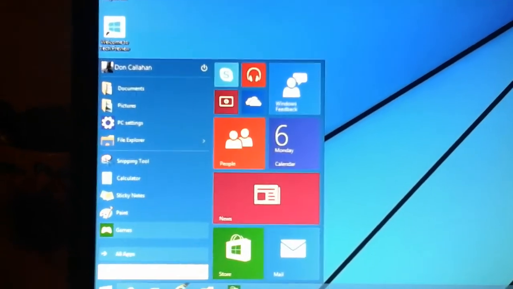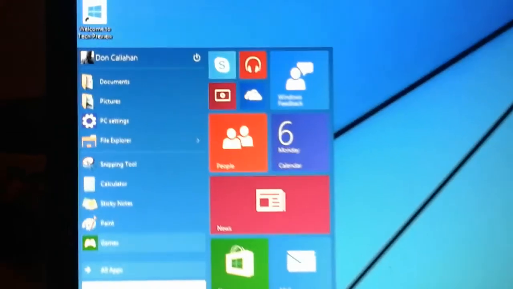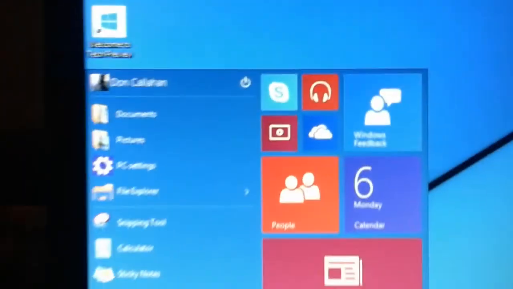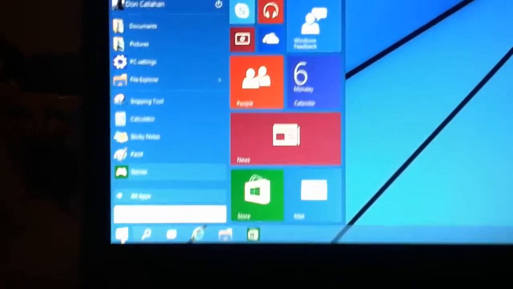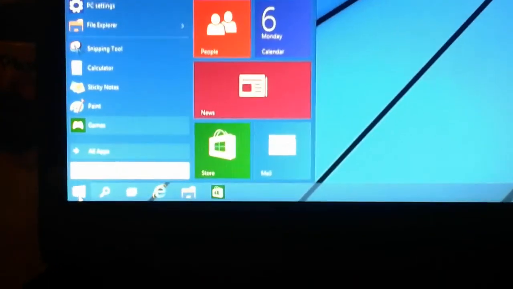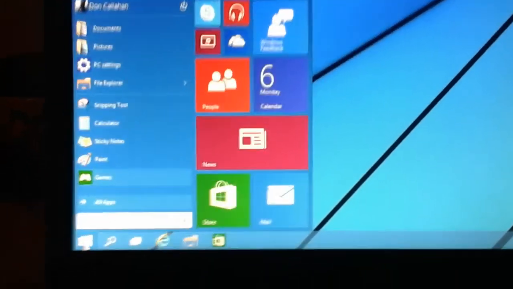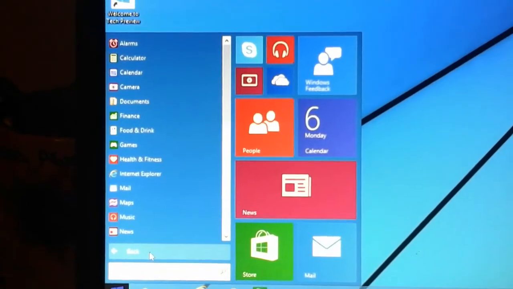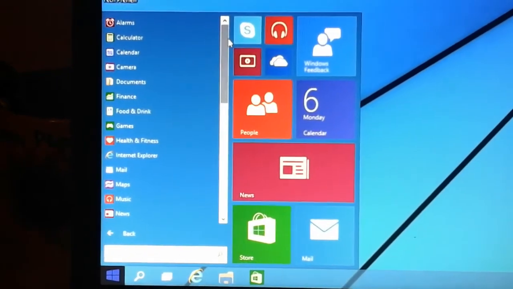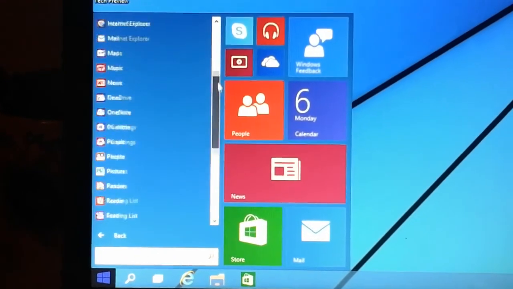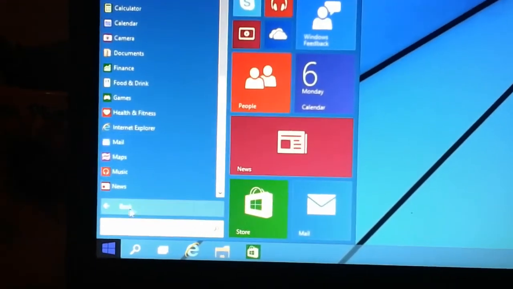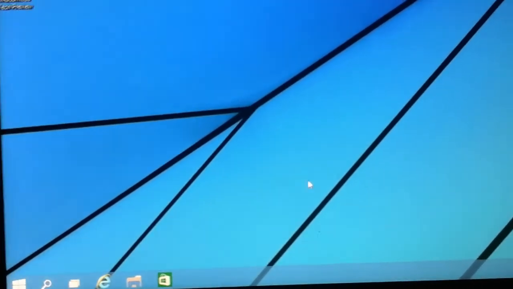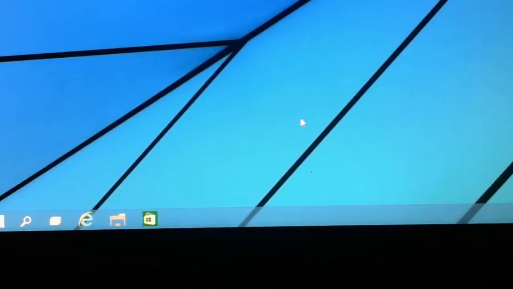So here's the new start menu, y'all. This is how it looks. There's me over there. Okay, so this is the new start menu. This should come as a very familiar thing to most people right here. Now, some of y'all like, oh man, I want that new start. I just want that old start screen. Well,